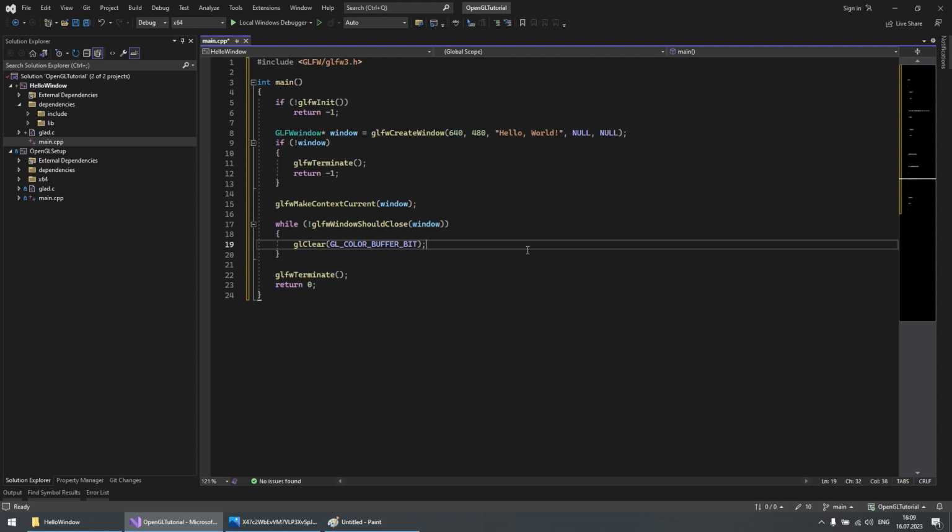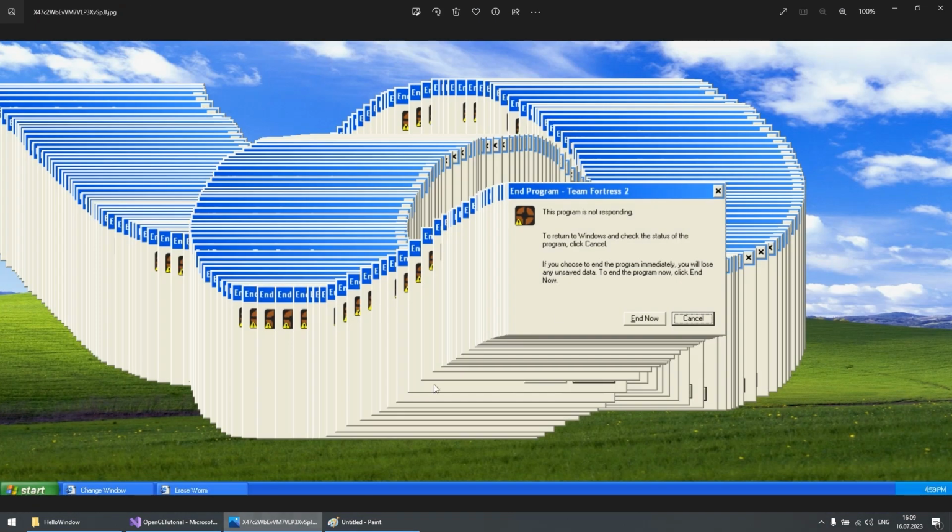And you may ask, why do we clear the color buffer? Well, clearing the color buffer is necessary to ensure that the window is blank and ready for rendering the next frame. Without clearing, the previous frame content would persist, leading to unwanted artifacts or visual inconsistencies, and you may get effects like this that you may remember from Windows XP.